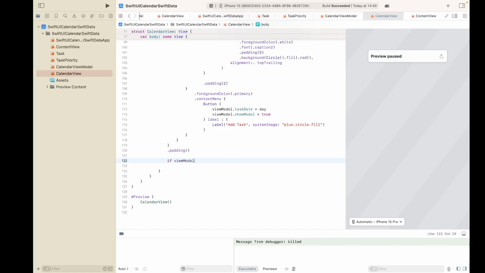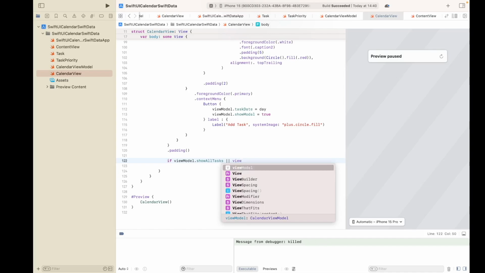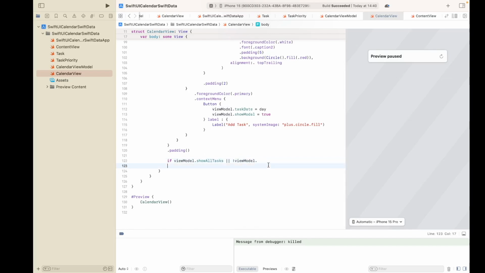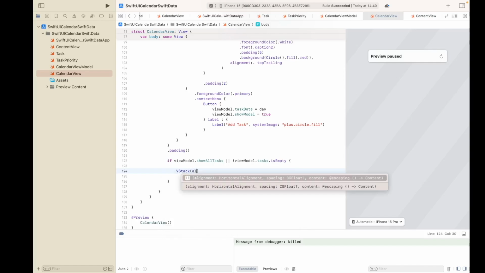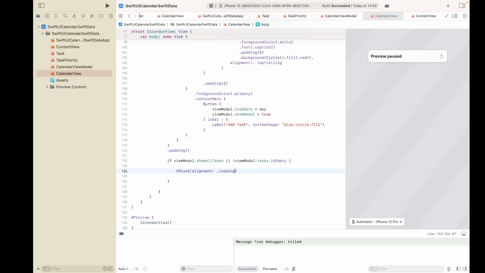If viewModel.showAllTasks is true, or rather, if not viewModel.task.isEmpty, so if it contains data, then we create a VStack, alignment: .leading, spacing: 0. We need a colon there. And then